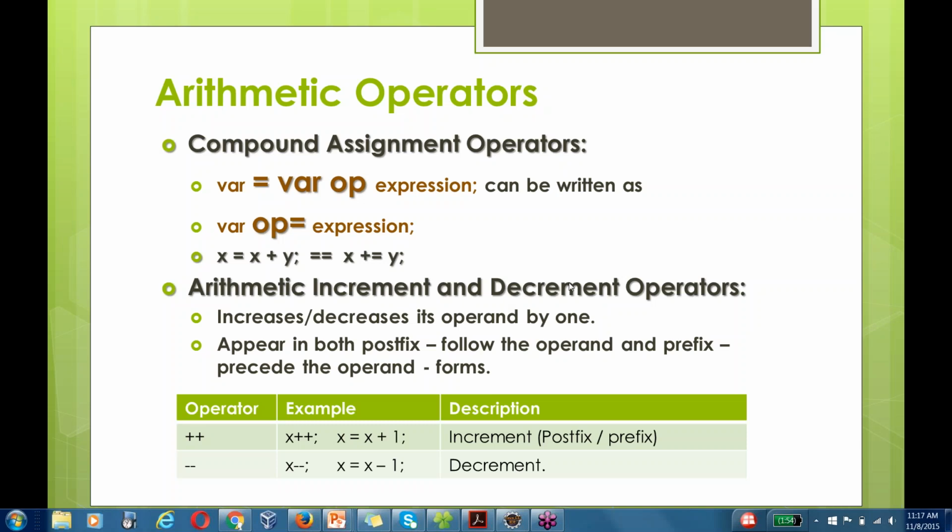Okay. So what is the syntax for these compound assignment operators? As we have seen, this is the way it looks. In the previous slide we have seen, right? Variable is equal to variable plus operators. It can be either plus or